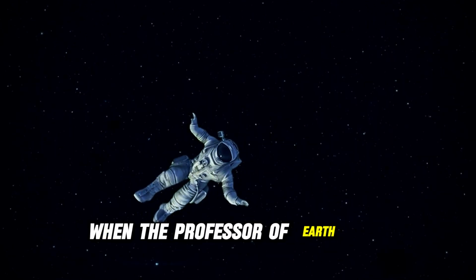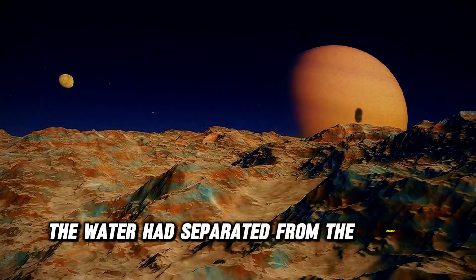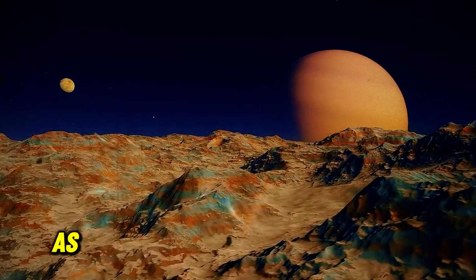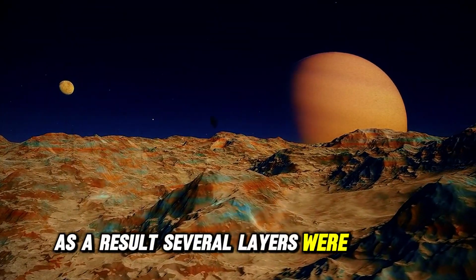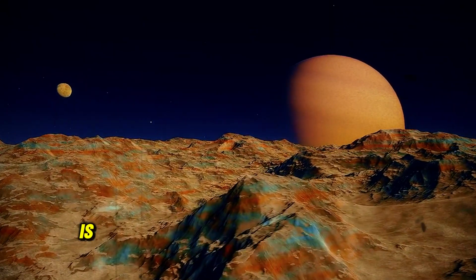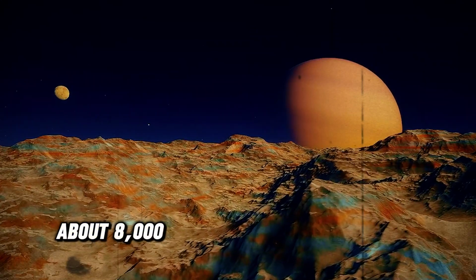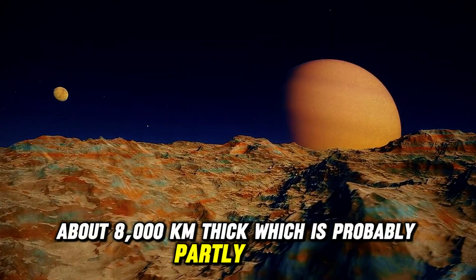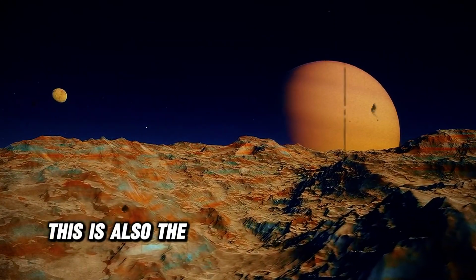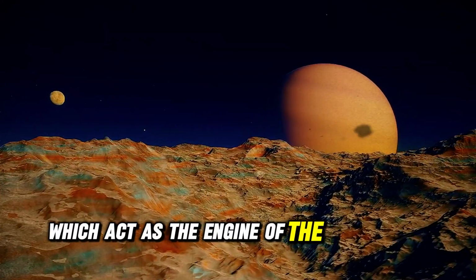When the professor of Earth and planetary science looked at the model, the water had separated from the carbon and nitrogen. As a result, several layers were created that cannot mix with each other. At the very top is a conductive layer of water and ammonia, about 8,000 kilometers thick, which is probably partly liquid. This is also the area where the convective currents take place, which act as the engine of the multipolar